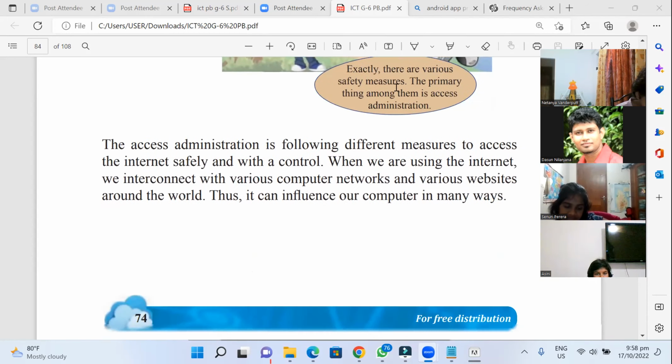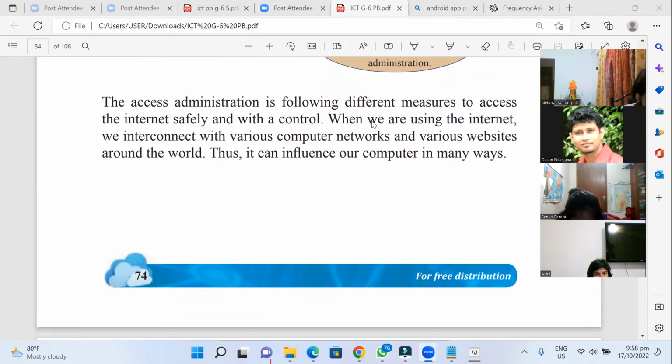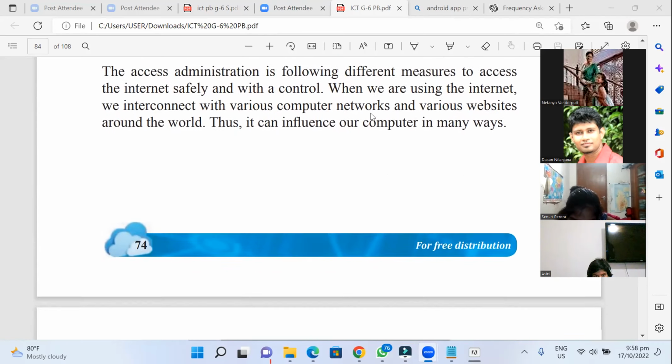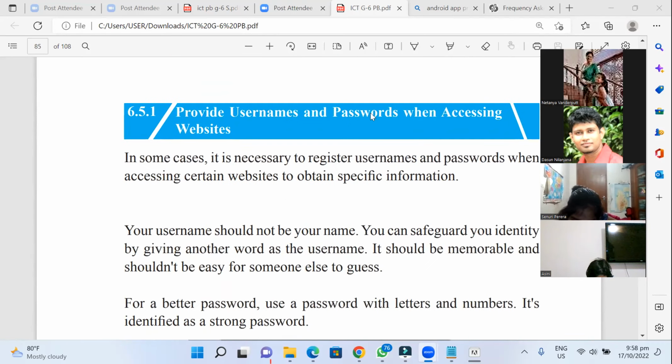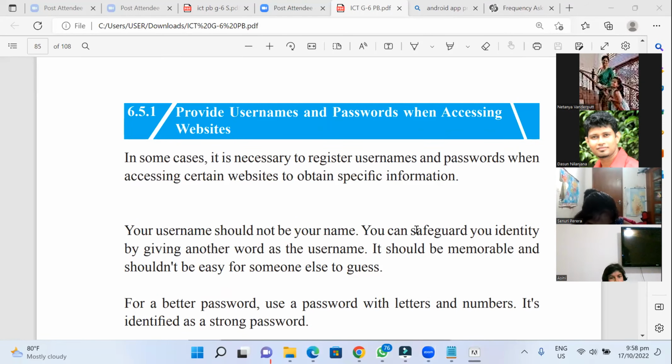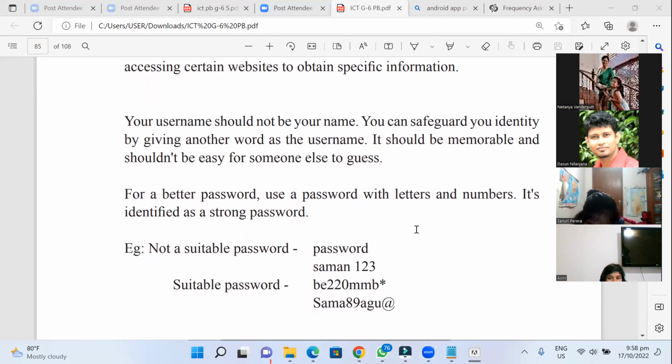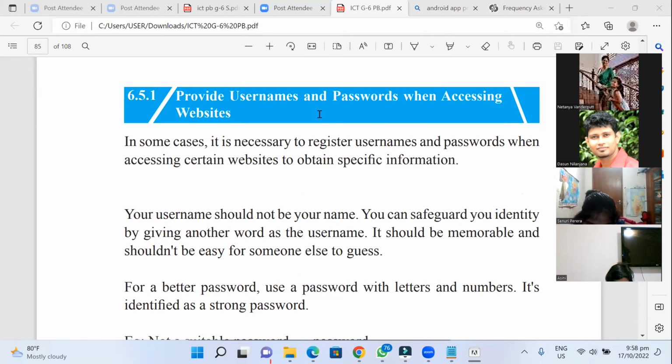Similar to that, here the access control means different parties are given different privileges. And also, one of the main access control methods is passwords. So when you're using a password, you need to remember that the password should be strong enough. You have to mix the characters. You have to increase the number of characters to at least 8 characters. Otherwise, your password can be guessed.